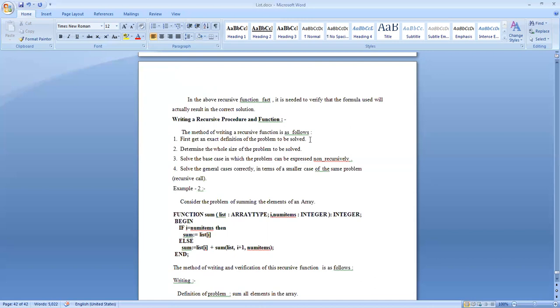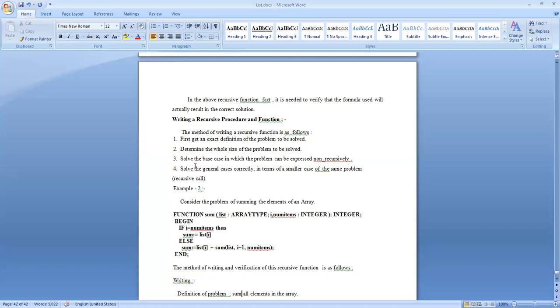Then the second step is to determine the size of the problem to be solved. For example, for factorial, are you going to find the factorial of 5, or of 9, or of 3? Like this, for what size is the problem going to be solved? That you should know. Get the definition, get the size of the problem.